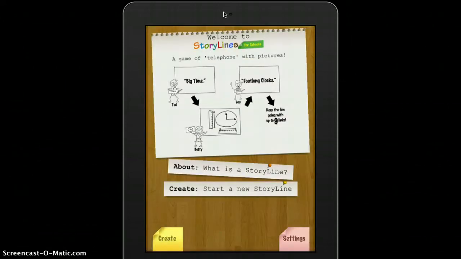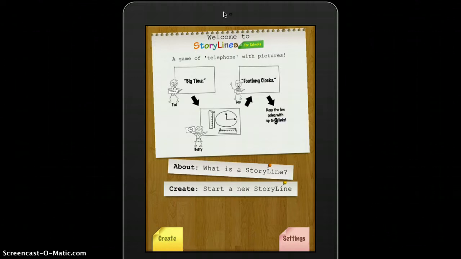Alright, so what it is basically a modified version of the game telephone, where you start off with a sentence or a phrase and it gets passed down along a group of people, and then at the end you say out loud where it is now, and it's usually funny how things get distorted along the way. Well, in this game the kids actually start out with a title or a phrase, whatever, and then the